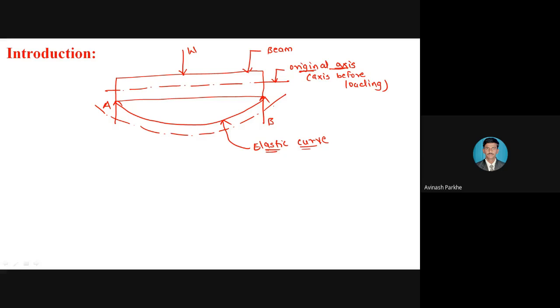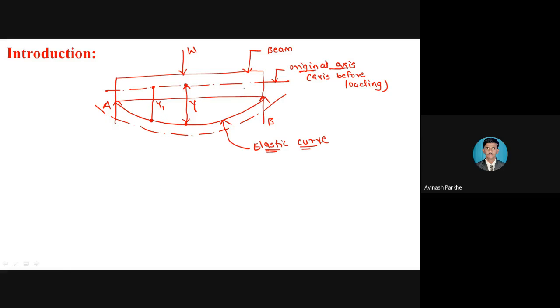So let us see. This is the center point. This is one point on the original axis and another point on the elastic curve. So the distance between this original axis and the elastic curve is called the deflection. The deflection is represented by the capital Y. I have measured this particular deflection at the center point. If I take another point at the left side, this is the original axis point, and with a perfectly vertical line, this is the point on the elastic curve. So again, this is Y1.